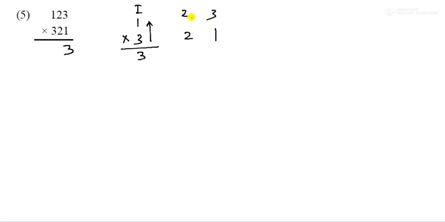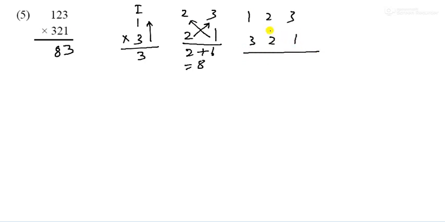Now come to the fifth question. Fifth question, so first step, so it is 1 3. So multiply vertically upward. So what will happen? It is 3. So it becomes 3. Now 2 3 and 2 1. So first of all this diagonally, 2 1s are 2, and then this one 2 3s are 6. So it becomes 8. So you can write here 8.